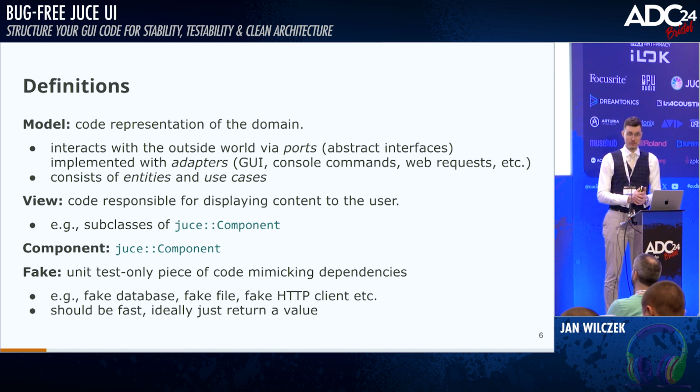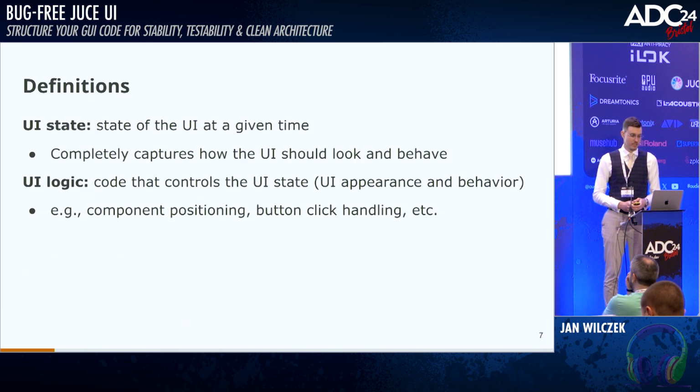The next definition that we need is faking. So this is creating some fake dependency and injecting it into the object we want to test during unit testing. And fakes are typically very simple. They just return a value and can replace cumbersome and complex operations like making a network request or a database request. And the last two definitions that we need